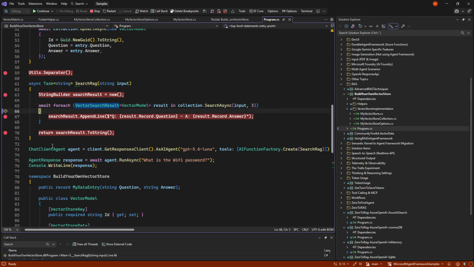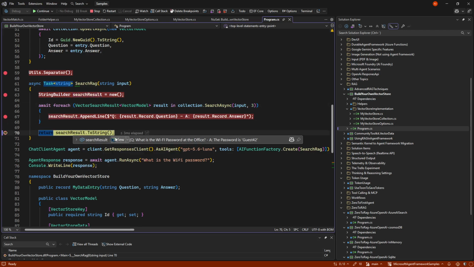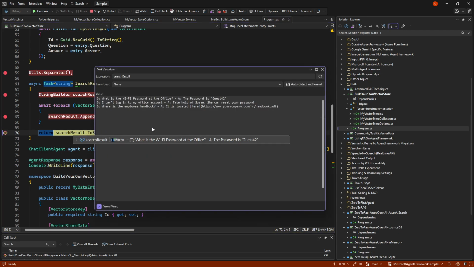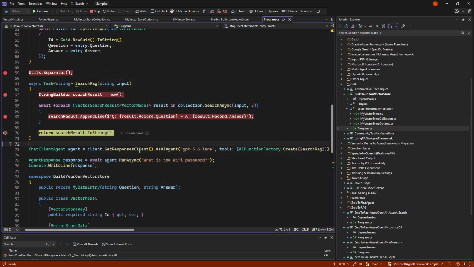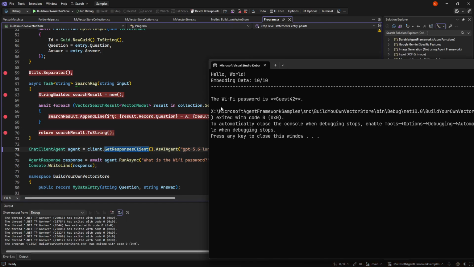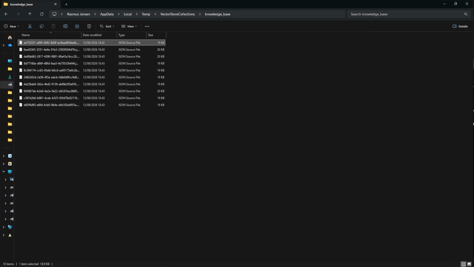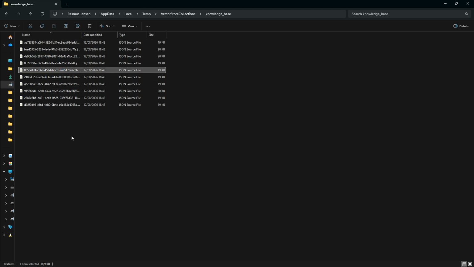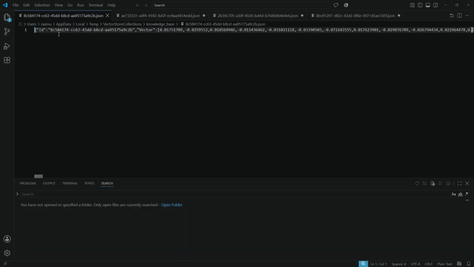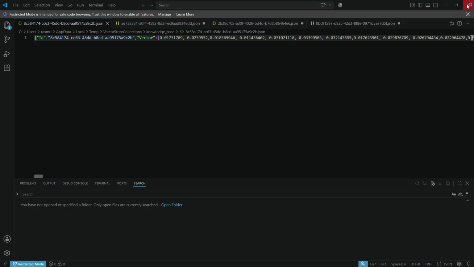And by then, once we have all 3 out that we wanted, we get our search result back, which will look like this, that we can then augment onto the call using this, in this case, the tool, and we can run to completion, where it will actually have done it using files on my machine, where each one of them has a long vector, an ID, and a QA.